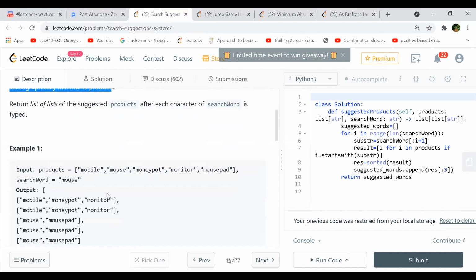So every iteration. First M. So you'll have five elements in the list, and each element will have three outputs at maximum. It might not be 3 at max, it could be less, but